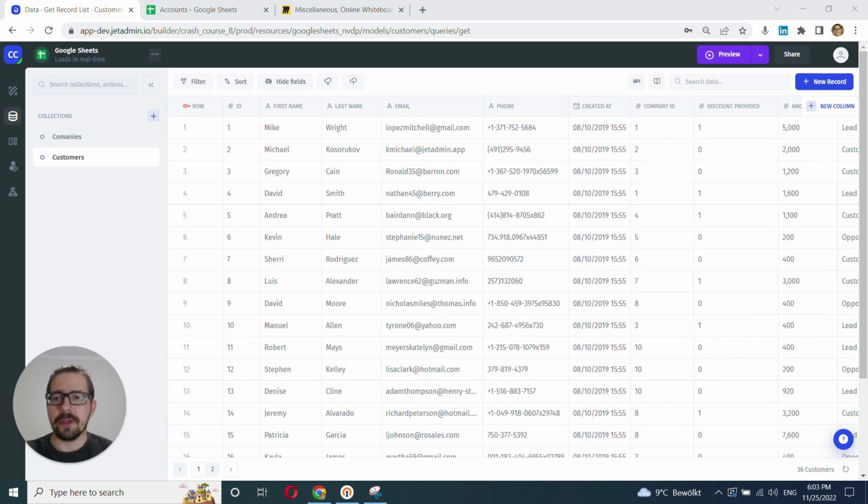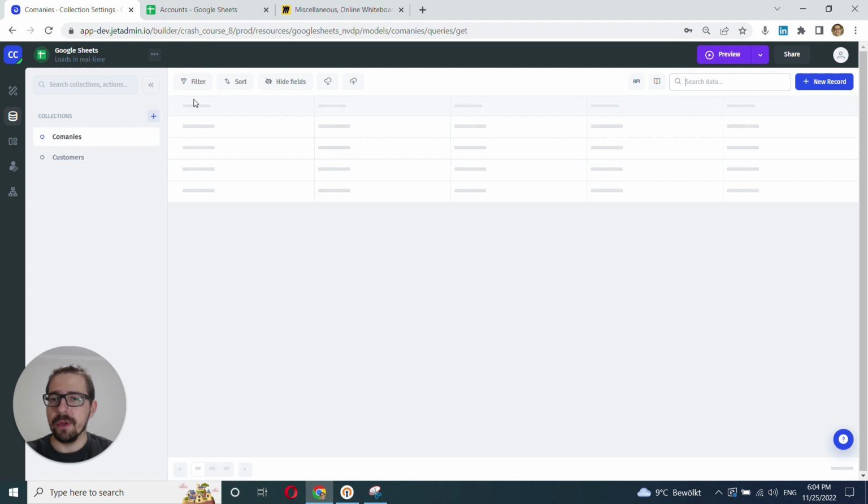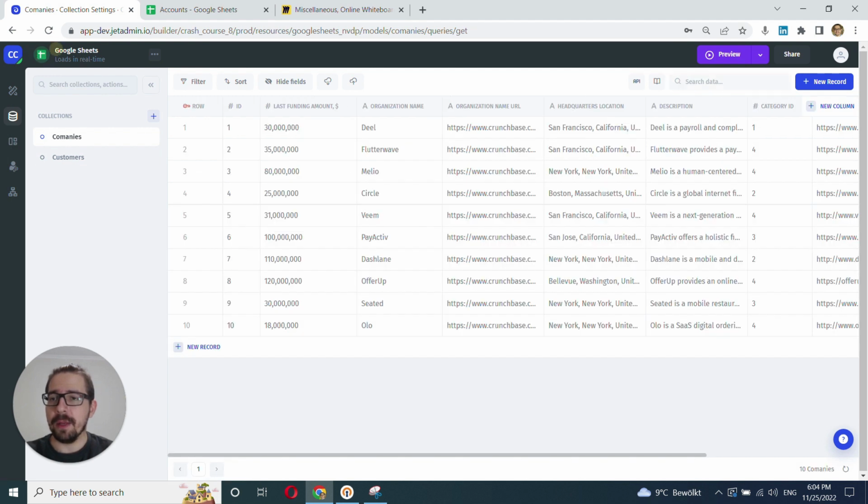And so first of all, when you connect your data source and you go here to the data section and select the resource, right away you can see the resource icon here and the name that you've given to this resource when you connect it. Also here you can right away see what mode you've used to connect your resource to JetAdmin. So it could be either sync mode or direct mode. And to learn more about those two separate modes, please refer to a separate video in the crash course.